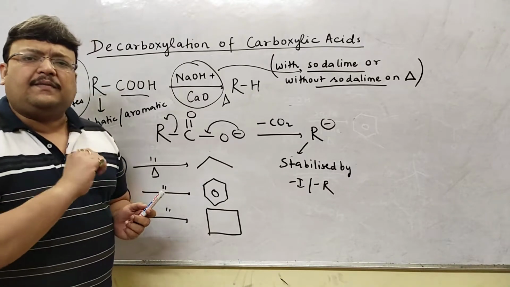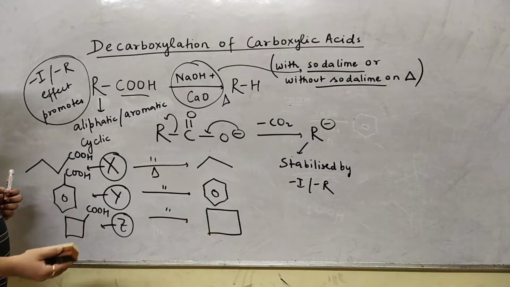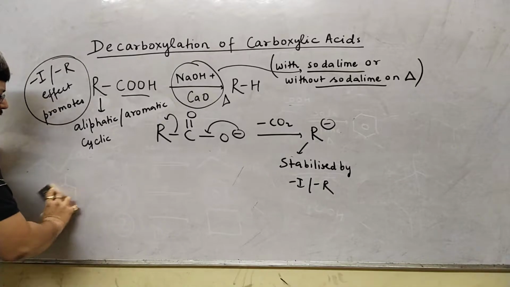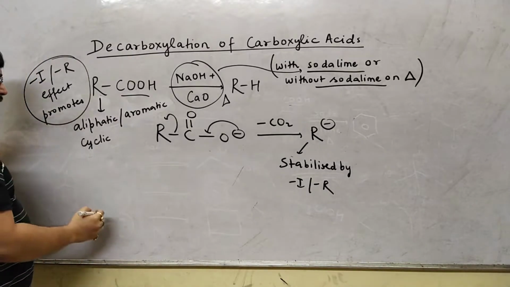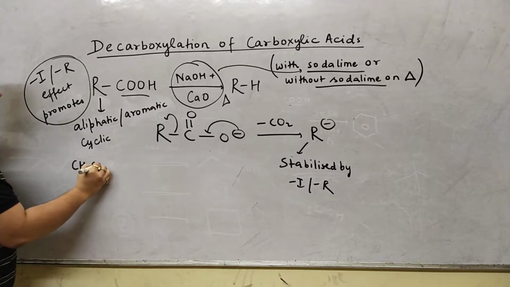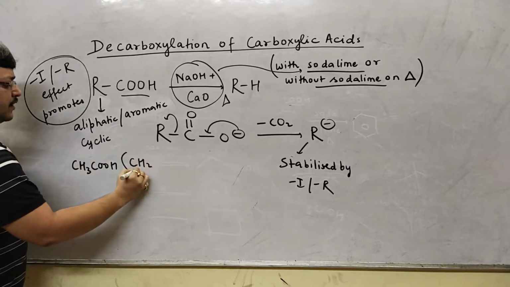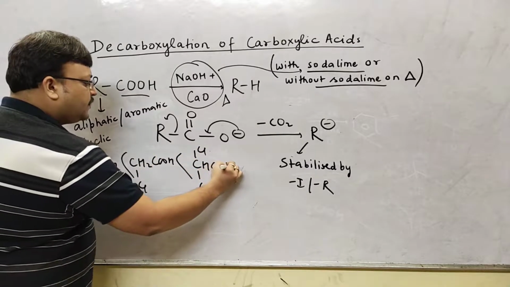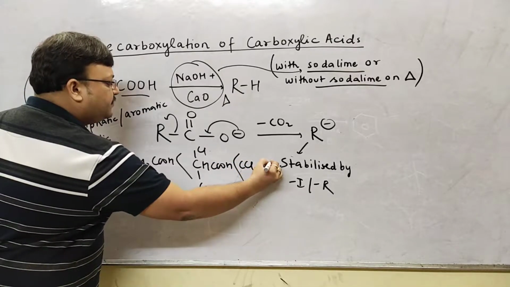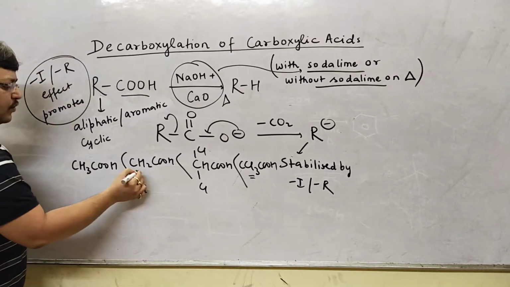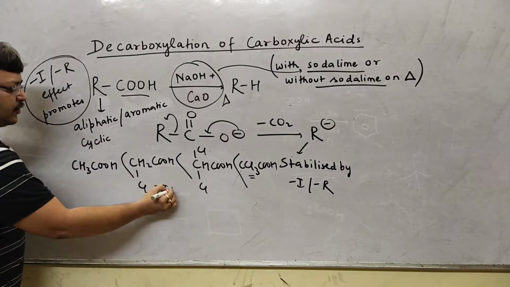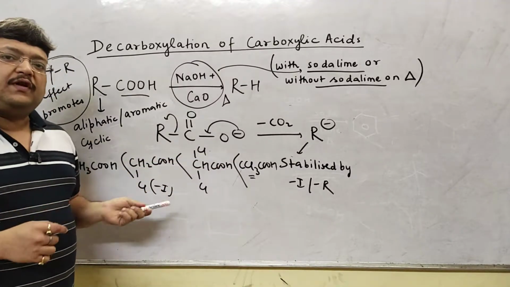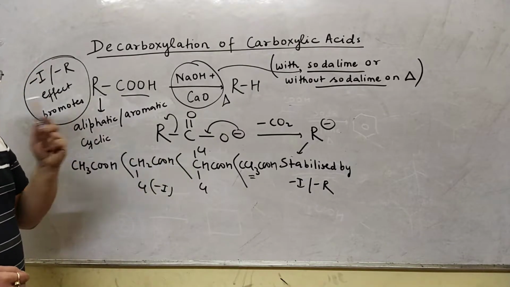And yet again there are some very simple common questions, you will want to copy it at your convenience, where you will want to know about acetic acid, and if you have a chlorine here, or a couple of chlorines here, or suppose this is CCl3COOH. So trichloro more than dichloro more than chloro more than acetic acid. The -I effect of chlorine: 1 chlorine, 2 chlorine, 3 chlorine, more chlorine, more -I effect, more will be the ease of decarboxylation. So this is the order of ease of decarboxylation.